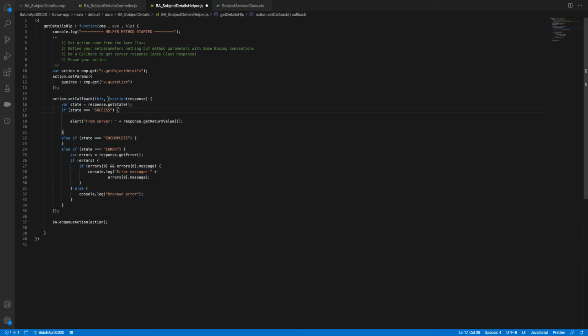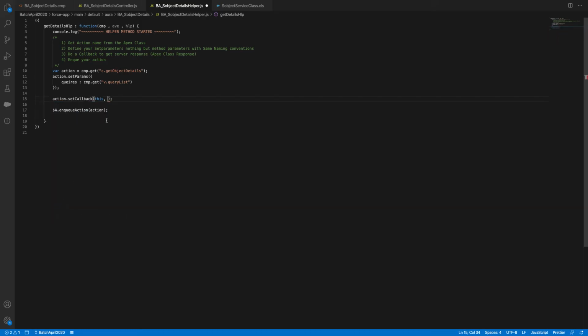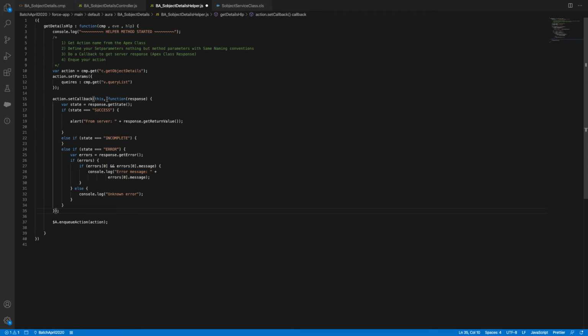How is this working? This is how it was written. Function you need to define. In the place of function, we wrote a function, the entire script. Function of response, open bracket, close bracket. From here to here is one function. Inside the function only, you will get a callback. Whether your request is a success or it fails, you will get details like the state value.